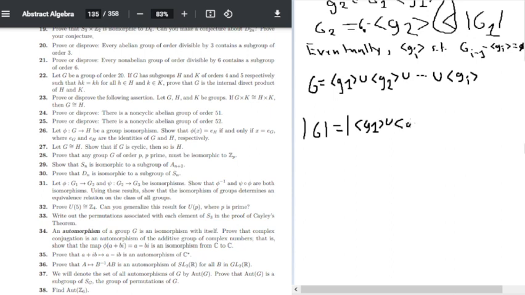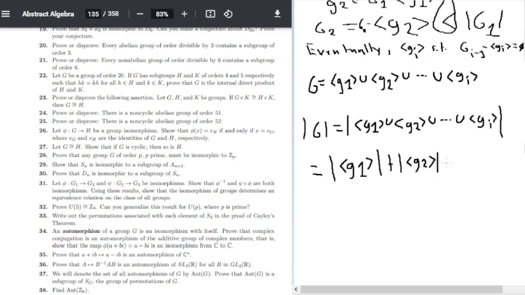I didn't expect to be making a set theoretic argument today, but you know what? If this works, union of Gi, which is equal to the order of G1, plus the order of G2, plus